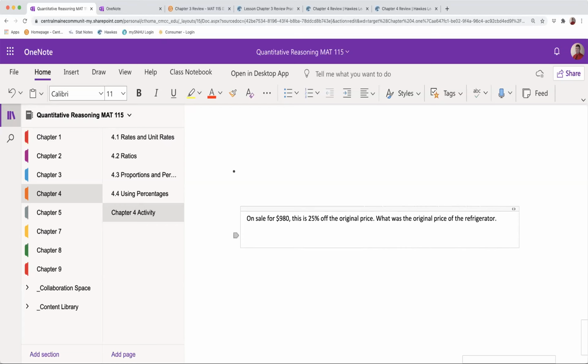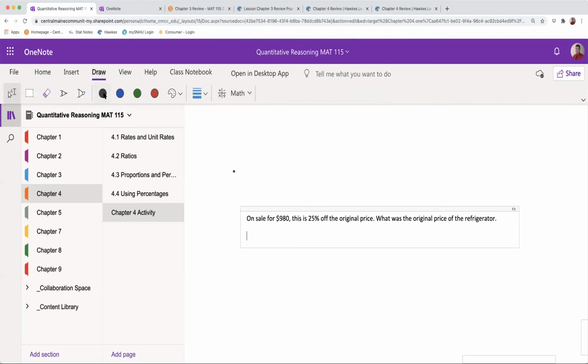All right, so this is very similar to the house problem, right? Because you end with 980 and it's 25% off. So what is the original price? And I'll go through the long process, but as you get comfortable with these, you can figure out the short process, right? So again, sale